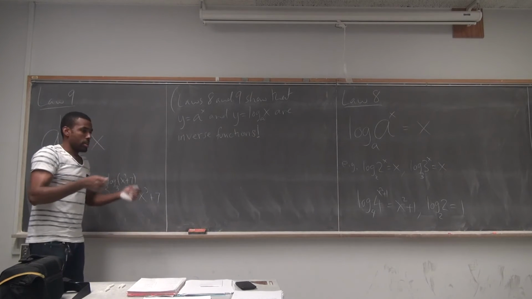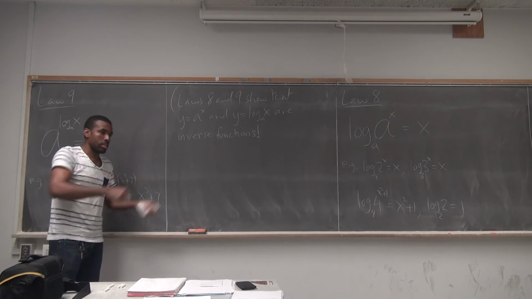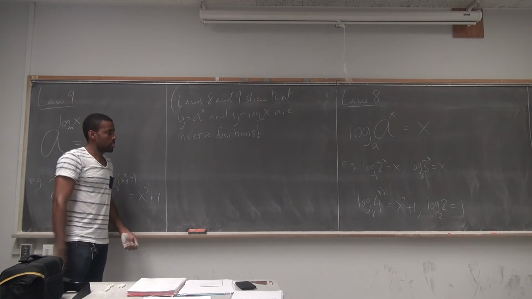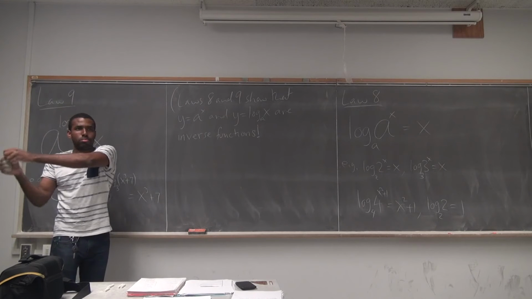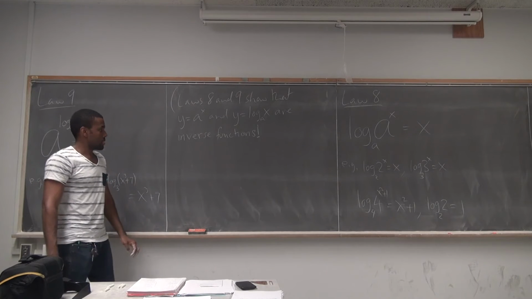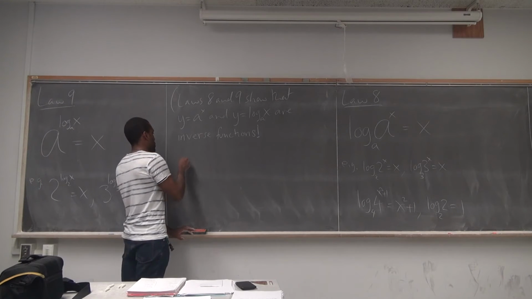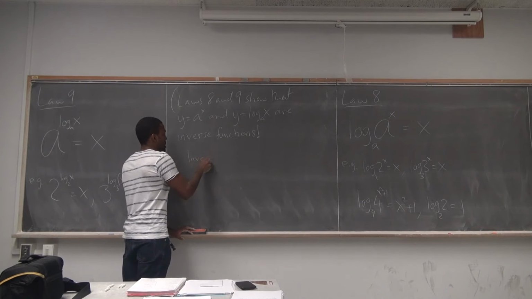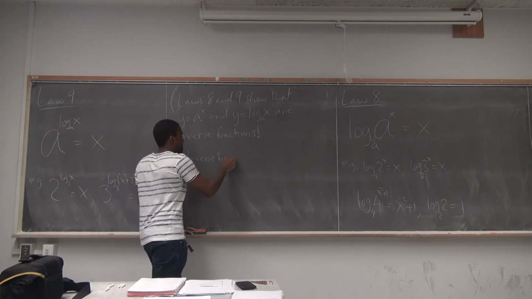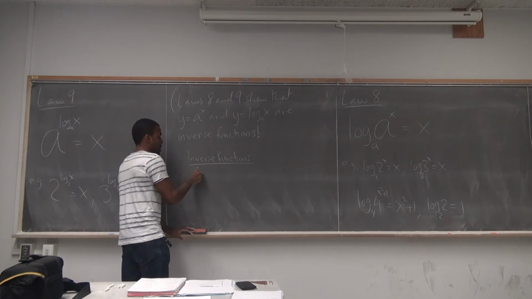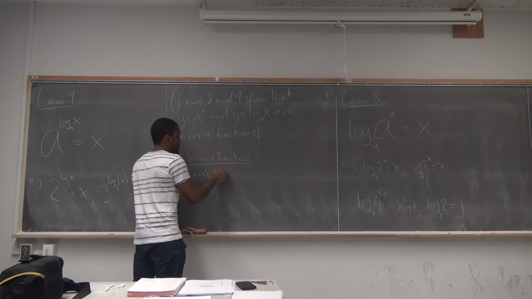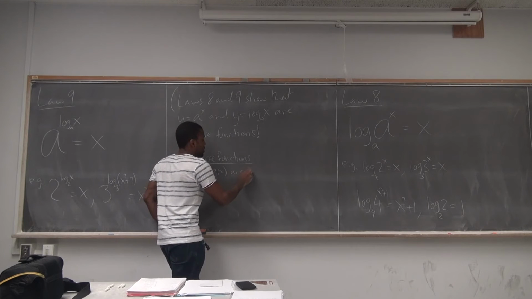So hopefully you remember, an inverse of a function is just a function that does the opposite of what the function did. Right? So the function would do something and the inverse would undo it, put it back. So inverse functions have this property. f of x, g of x are inverses